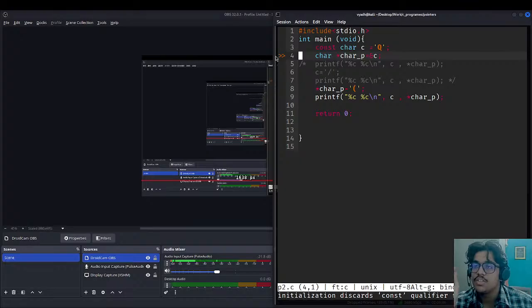The first case was that we change this char c to const. We are fixing it as a constant value, but we cannot do that because we are working with pointers. And we have seen if we just do this const here in the character p, the value was the same, parenthesis and parenthesis.